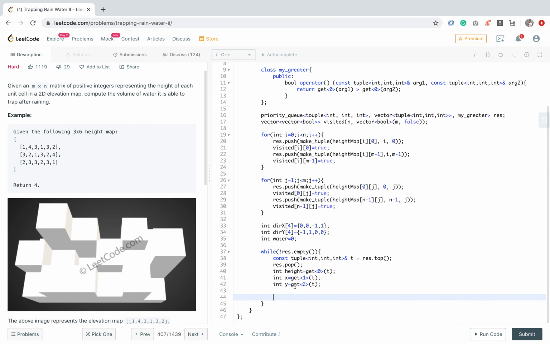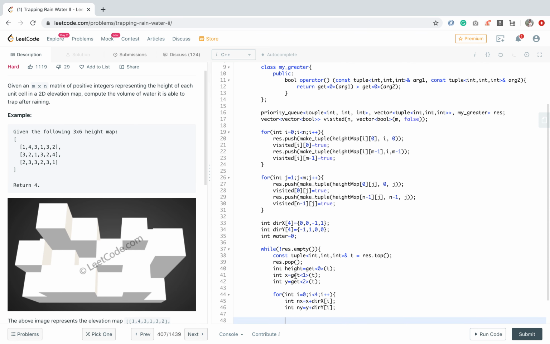So now we have the height, x coordinate, y coordinate. Now we can travel in all four neighboring directions, so we will iterate through them. New x will be x plus direction of x of i, new y will be the current y plus direction of y of i. So now we have new x and new y.